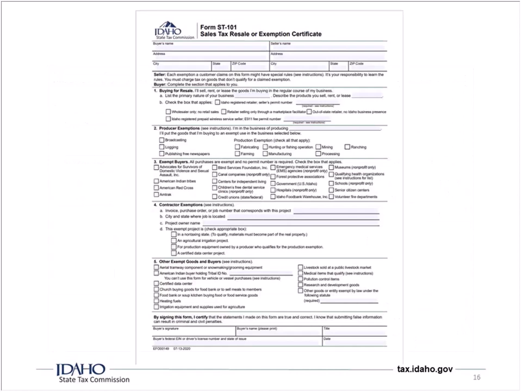So if you're buying for resale or wholesaling, or you're producing items for sale, or if you have a statutory exemption, you can buy your products exempt from sales tax using this form. It's called an ST-101. Now, you may also use or receive these forms from your customers, and if you do, you're not required to collect tax from them. So what this is, it's a form ST-101. It is available on our website at tax.idaho.gov, and if you do a search for forms, you'll find it there.